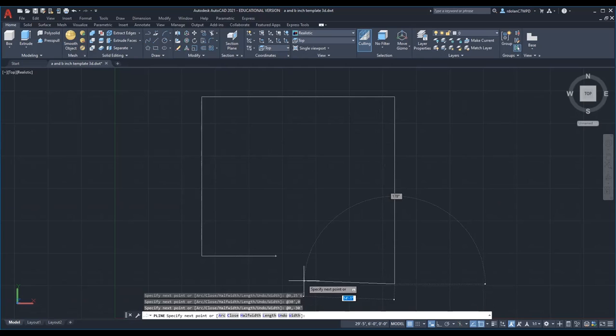I'm going to come to the left, so I'm going to do at negative 14 feet, 9 inches, comma 0. Then I'm going to go straight up, so that is 0, comma 11 feet. Enter. And then I'm going to go over to the right here, and that is going to be at 1 foot, 1 inch, comma 0, and then hit enter. Okay, so I have the outline of my